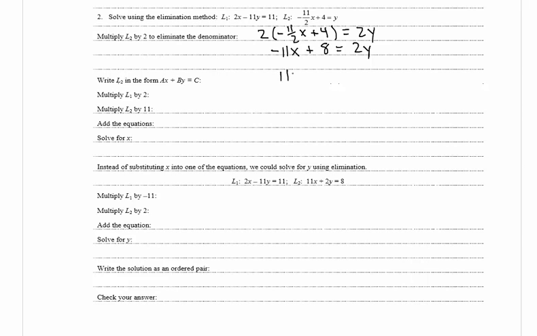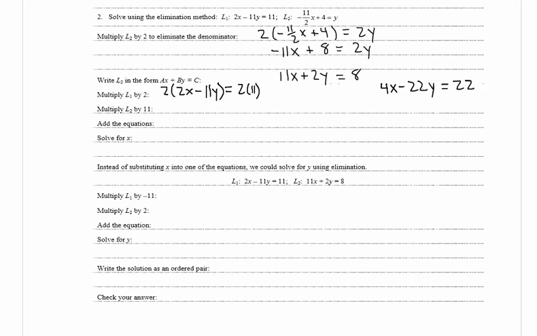So I get 11x plus 2y is equal to 8. And now they want us to multiply L1 by 2. So we have 2 times 2x minus 11y is equal to 2 times 11. And now we're going to distribute the 2 through the parentheses, so we end up with 4x minus 22y is